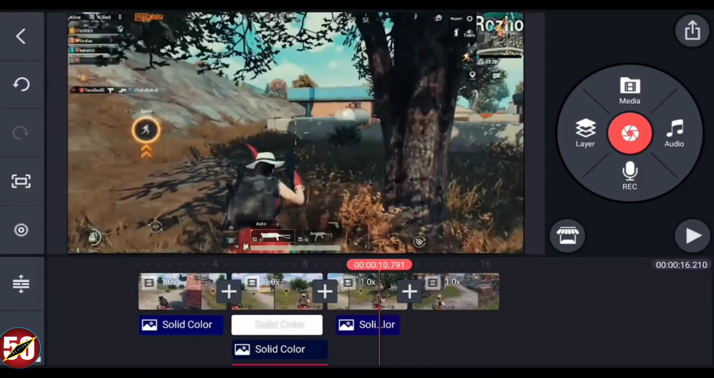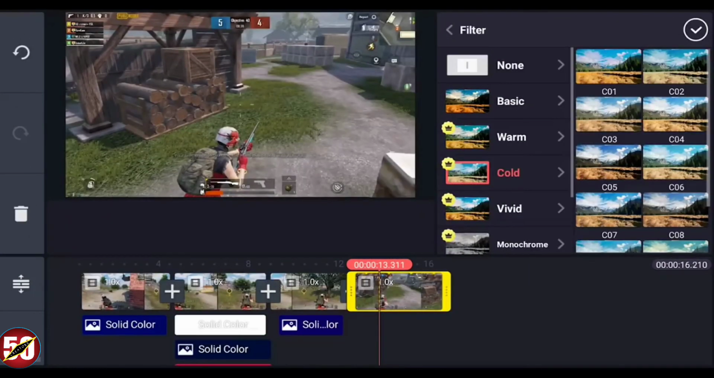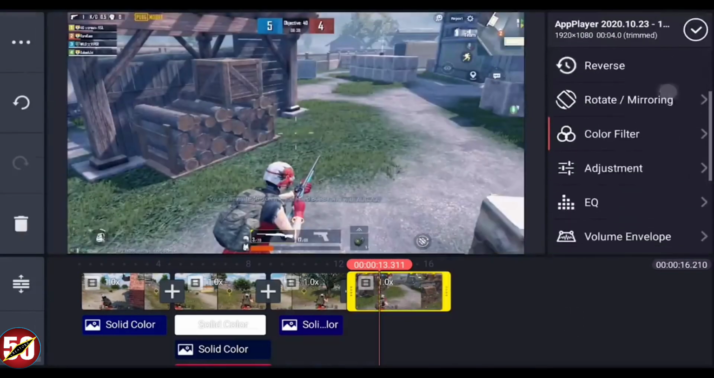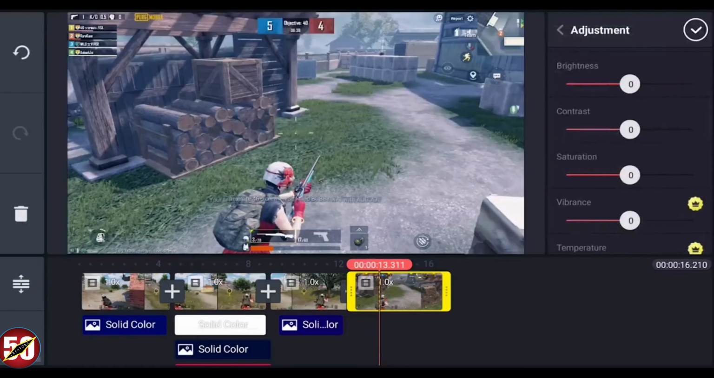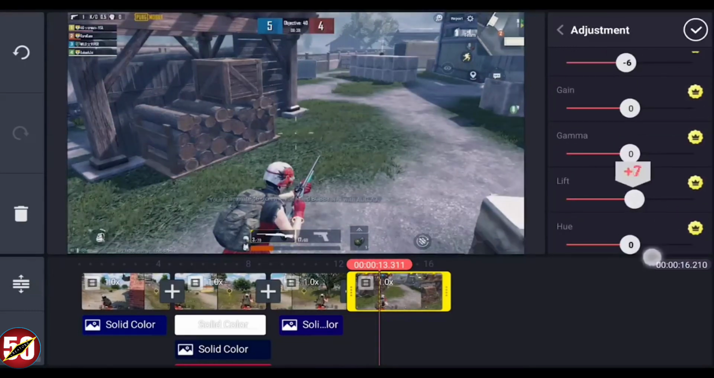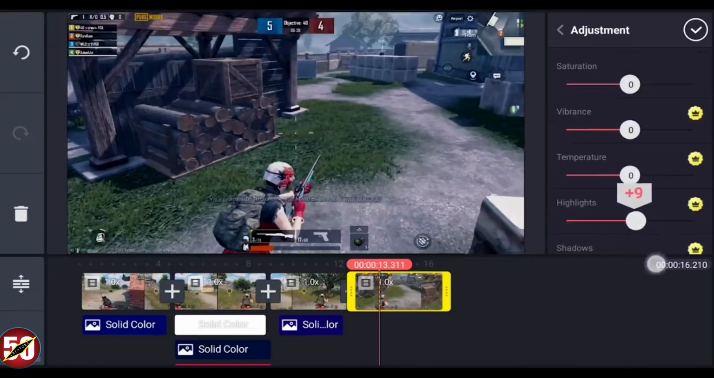Now let's add the last effect. So select the clip and go to color filter. Here in cold select C07. Now go to adjustment. Here decrease the contrast to -36 and decrease the shadows to -6. Increase the lift to +2. The highlights will be +3. Now all you have to do is